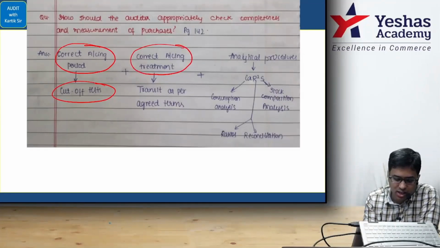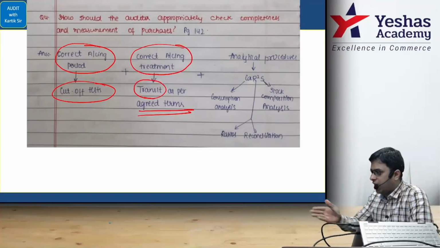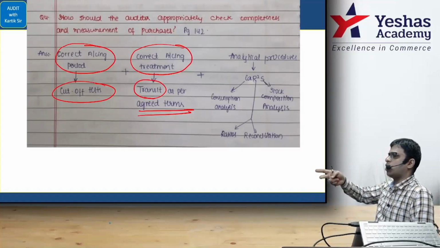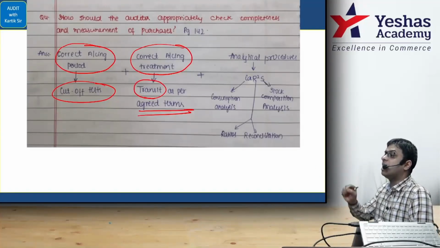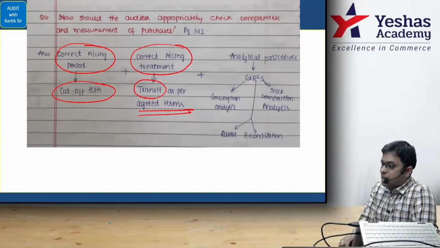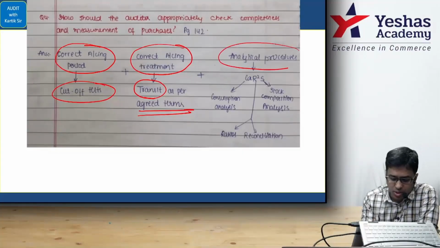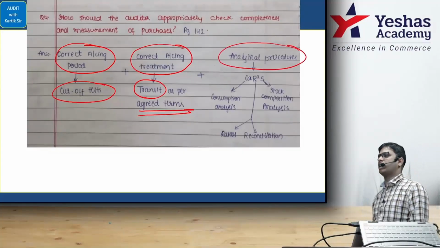Look and see whether agreed terms in relation to transit, the goods are on the way, whether sales should be recorded or not, purchase should be recorded or not. We'll record as per the agreement. That is what we learned right now. And the auditor will then apply analytical procedures regarding 4 areas. Everyone understand what these 4 areas are?